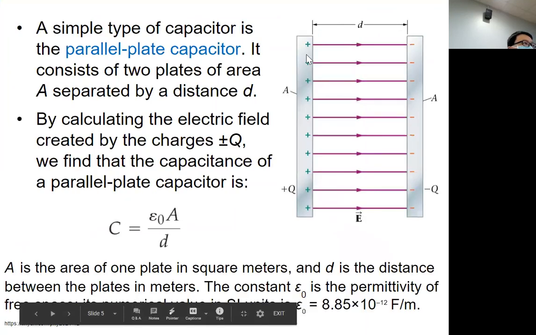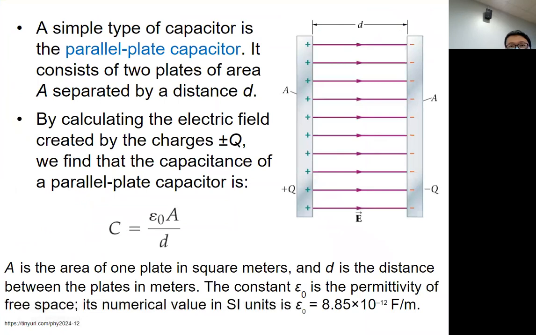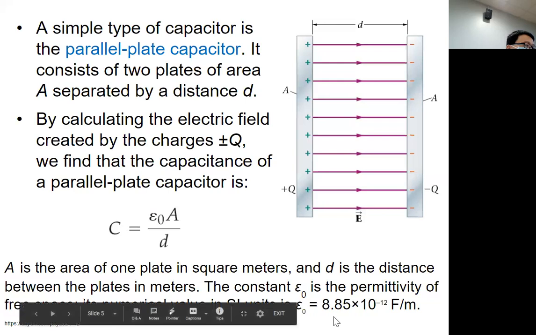For a parallel plate capacitor, its capacitance is proportional to the area of the plate and inversely proportional to the separation of the two plates, okay, with this epsilon naught as the permittivity of free space or vacuum, a constant number down here,